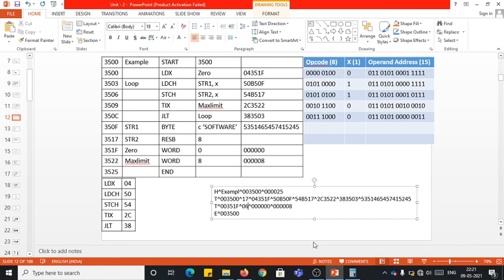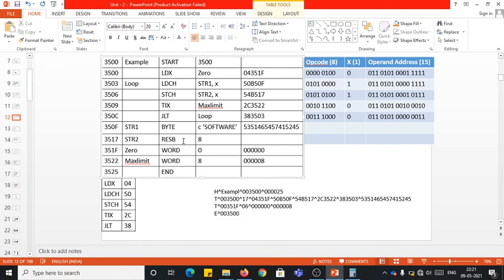That's how we find the object program for the given example. I hope you understood. As I repeat, if this instruction were not there, then these could also fit into the same text record. As there is a reserve instruction, either reserve byte or reserve word, you need to break the text record there because it is an allocation of memory space. Thank you. This is the object program for the given source program.